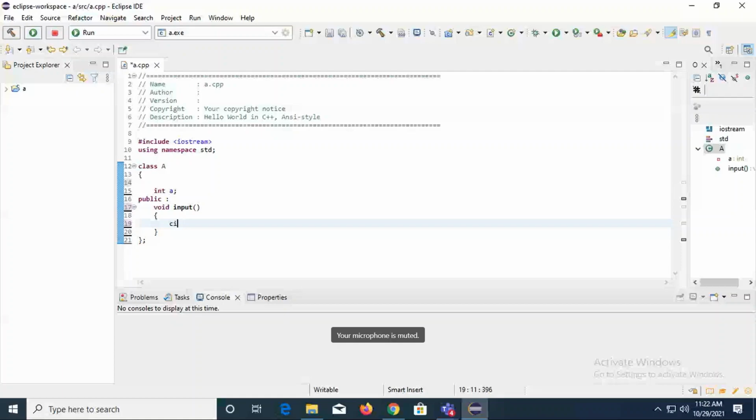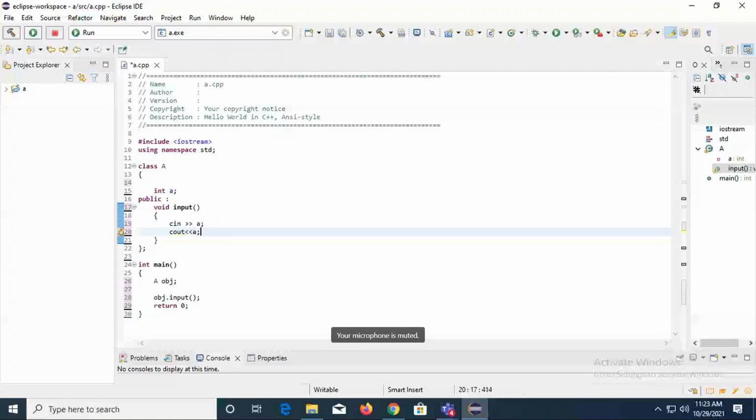Now this is the normal function, normal member function. I will just take the value of a and I will just print it.